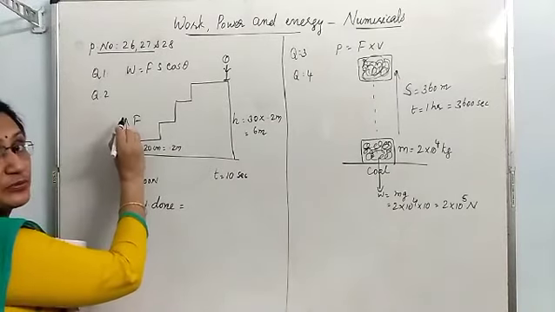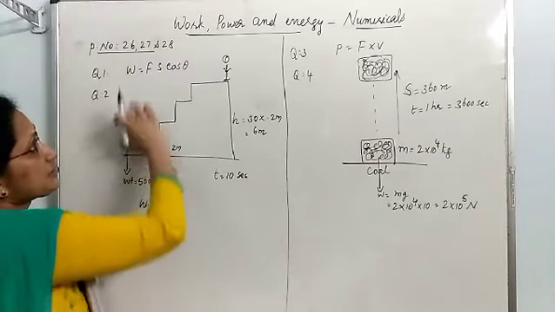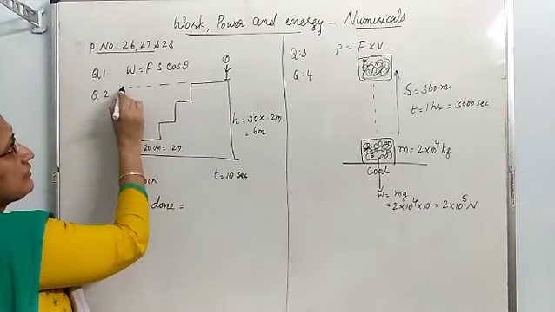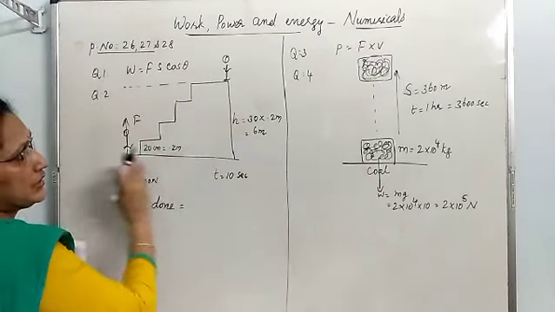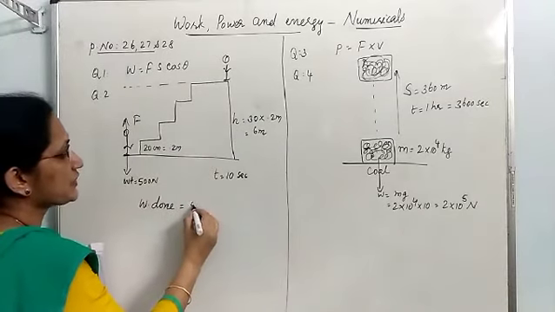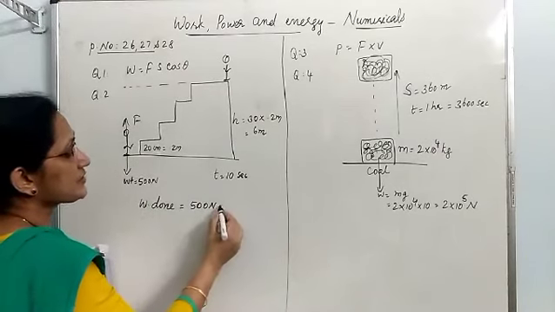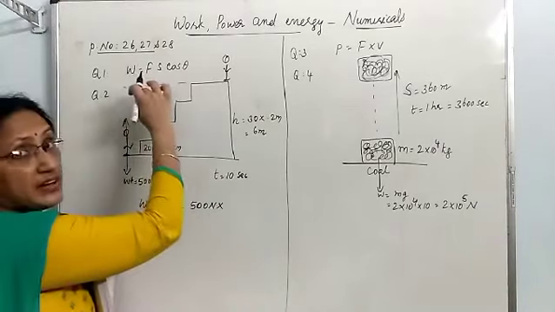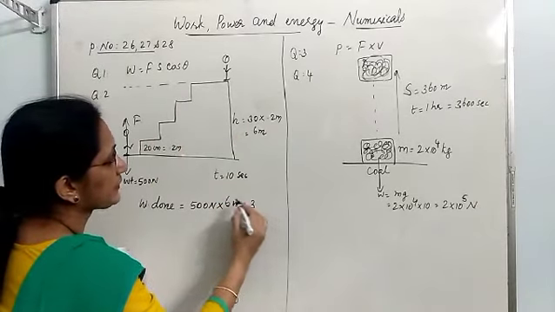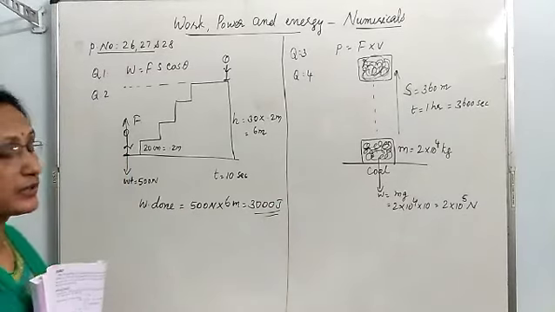This is the direction of the force exerted by the man. In that direction, the displacement happening is equal to this final vertical position. So, in the direction of the force, the displacement happened is 6 meter. So, force into displacement: force exerted by the man, equal to weight, into displacement in the direction of the force, which is 6 meter. So, the answer is 3000 joule of work is done.